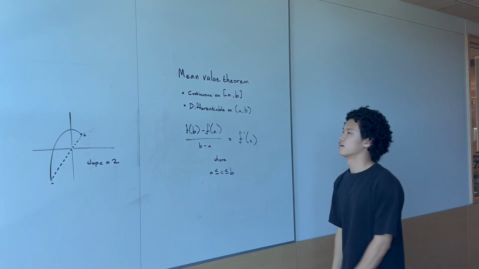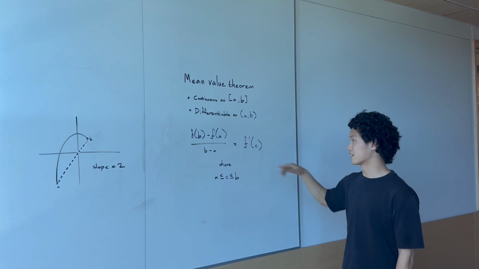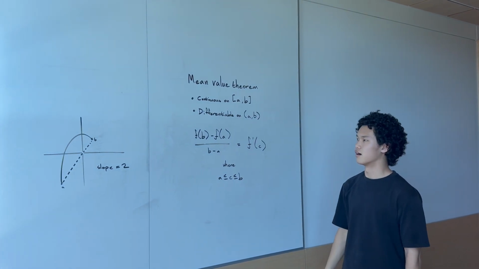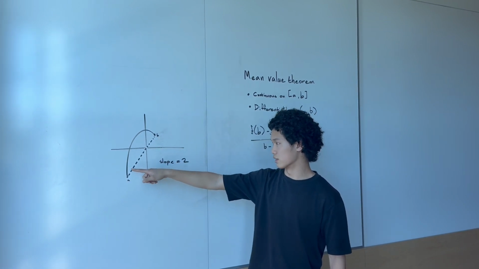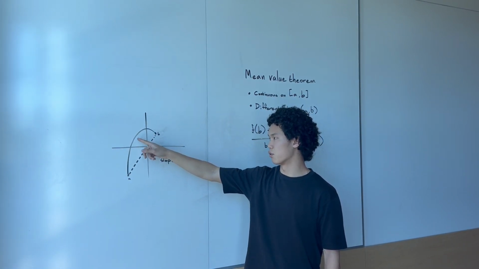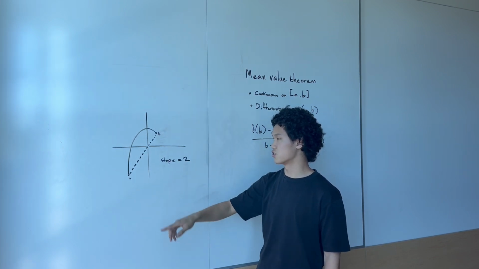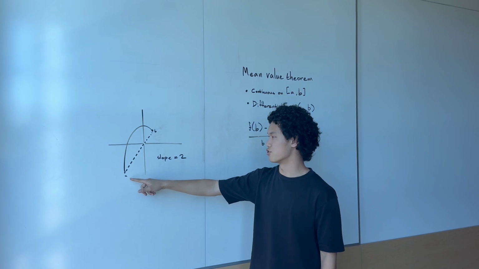And then what this pretty much is saying is, if you're at some point between a and b, so pretty much at some point on this partial parabola, there is a point on which the slope of that point, or the instantaneous rate of change at that point, will equal the average rate of change between